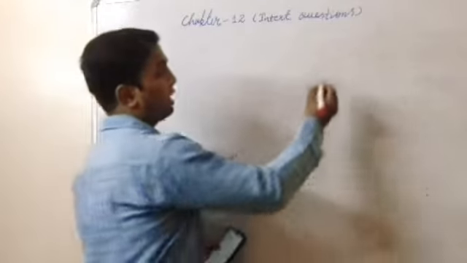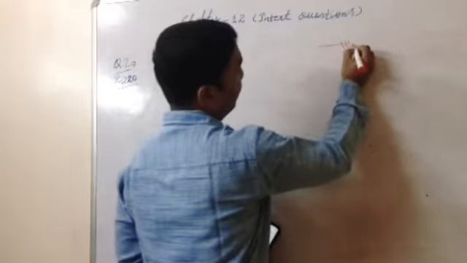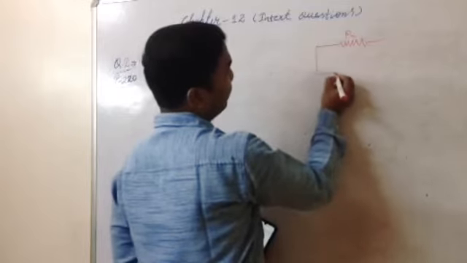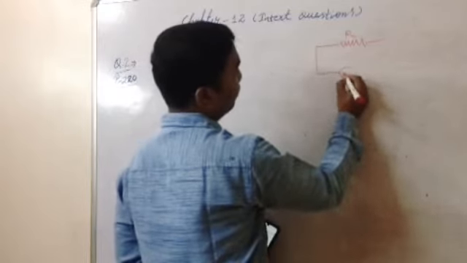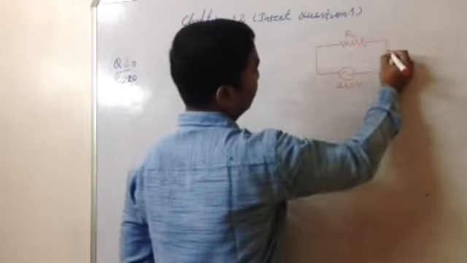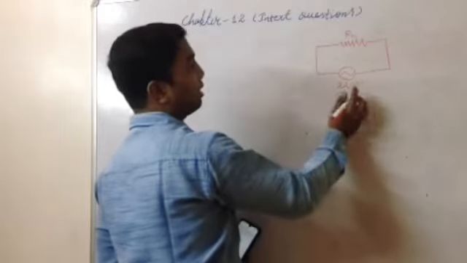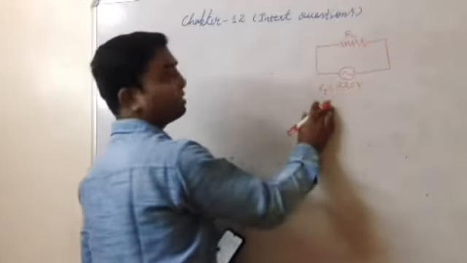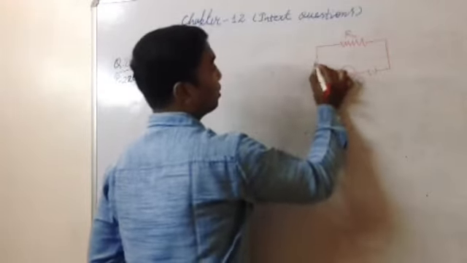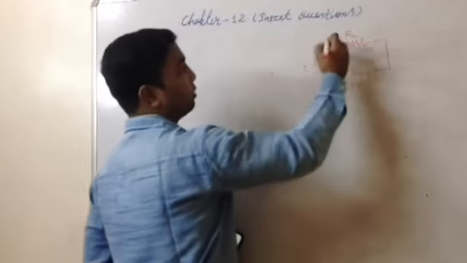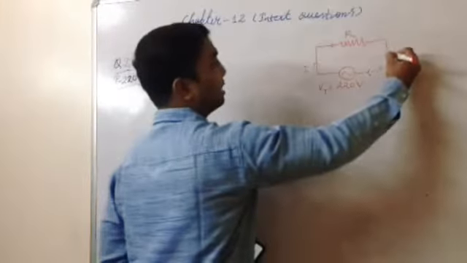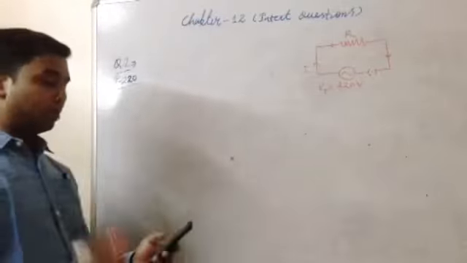So first of all we will draw the diagram. This motor is an electrical appliance, so this motor will also have certain resistance, and this motor is connected to a line, means a supply of 220 volt. So this is V, the potential difference. When your circuit is on, then current will flow. This current will reach here. So now what is asked? The power of the motor, means power of the device.